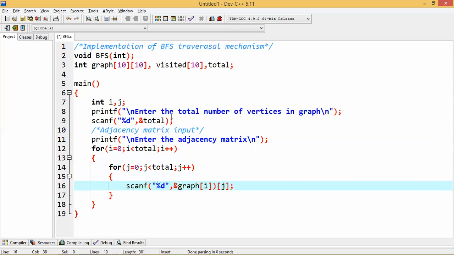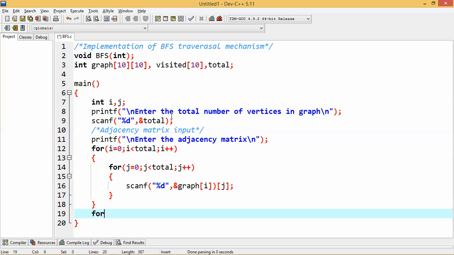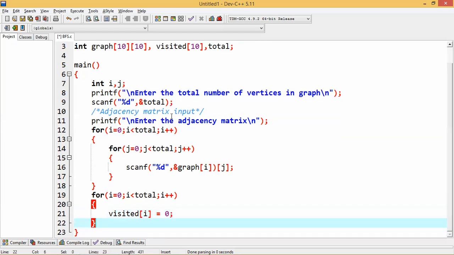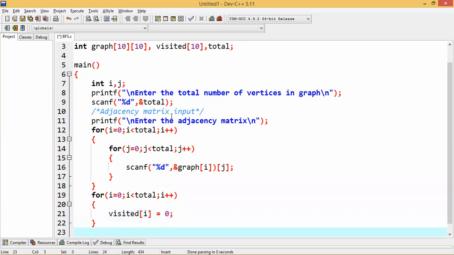Okay. So you have currently entered the adjacency vertices. Done. Now, whenever the adjacency vertices you have entered, you are sure that you have not visited any of the nodes currently. Clear? So if you have not visited any of the nodes, then for every node, the visited status will be false. That means I have not visited any of the nodes. So for every node, I'll keep the status as 0, meaning I have not visited any node.